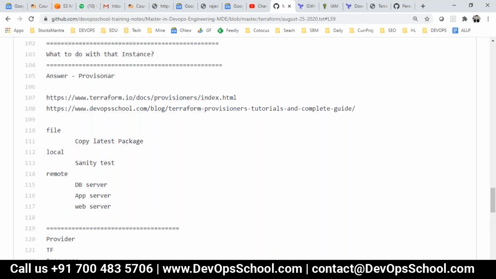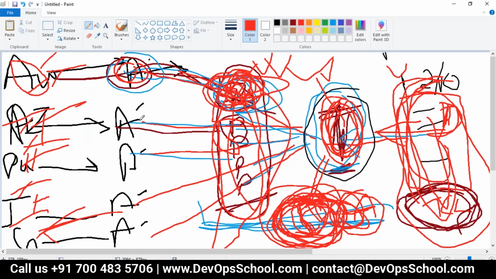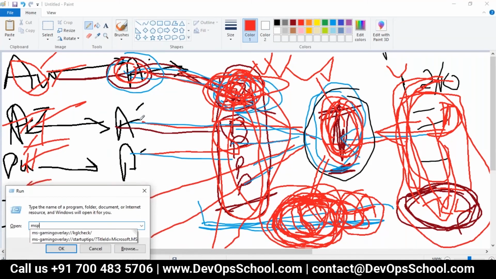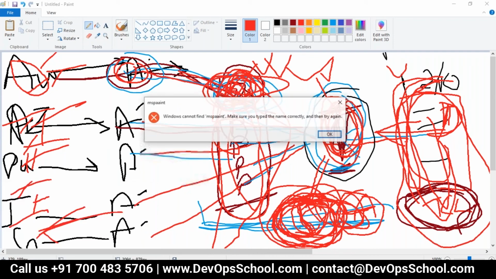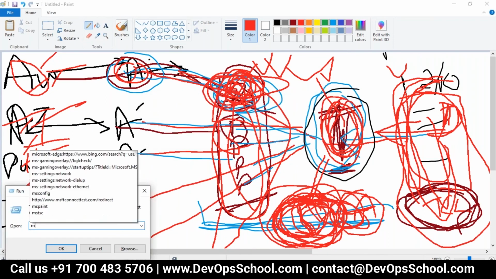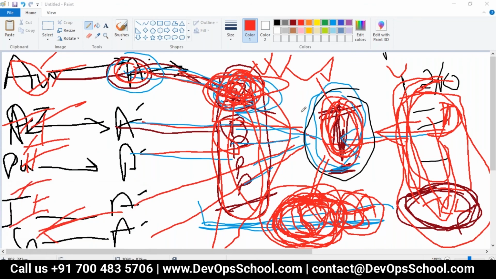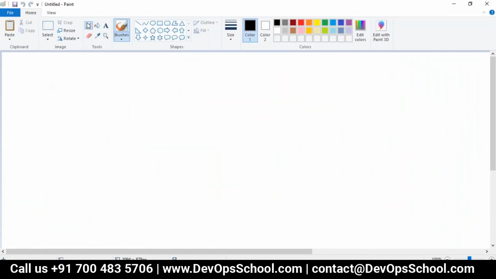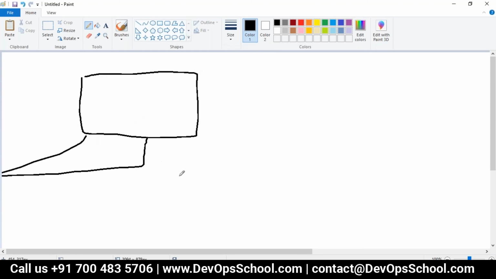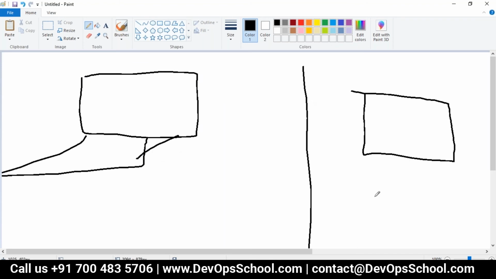So here, understand that creating a resource is one problem. But this time, what is happening? Let me visualize this, understand this. MS Paint here. Think about it. This is your laptop, and using Terraform, you created a resource in AWS. This is the EC2 instance.